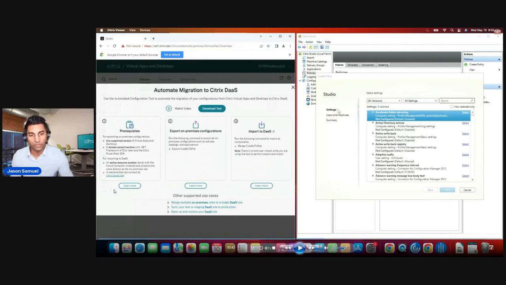And it's a little difficult, but even though it's an on-prem based console, it's actually going to pull information down and give you technical information that actually helps you within your environment. So one of those things is this note about auto migration to Citrix DaaS. This is the ability to take a configuration and export it into the cloud-based control plane. And it also allows you to manage multiple sites. It can actually help you move between dev, test, staging to production, help you back up and restore, like for business continuity and things like that.